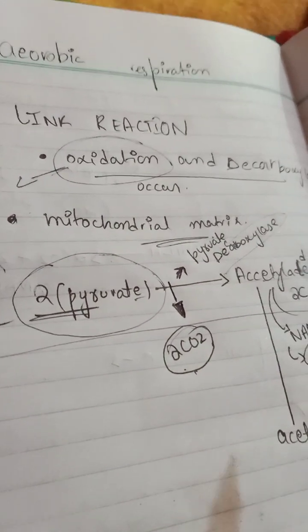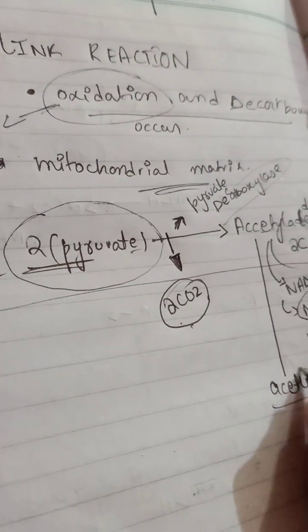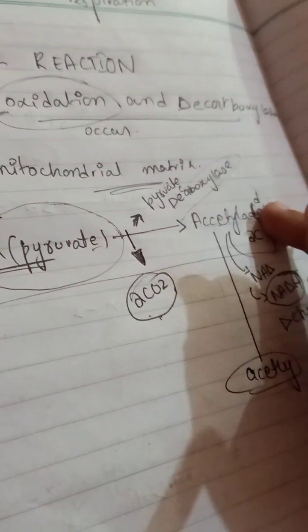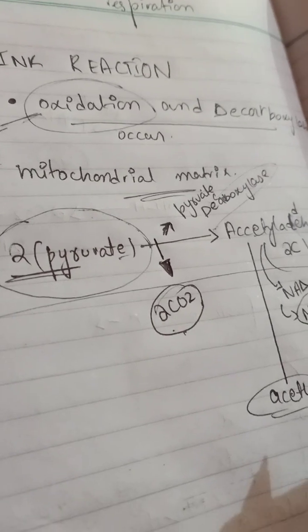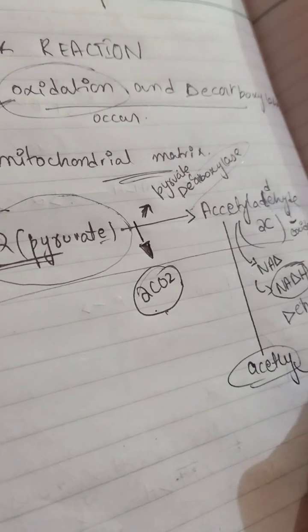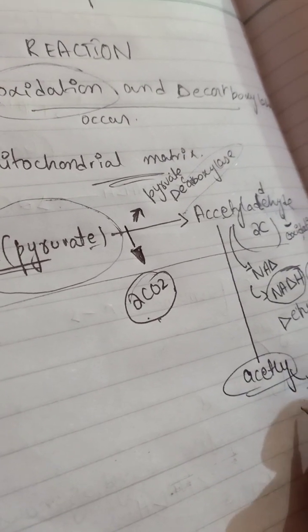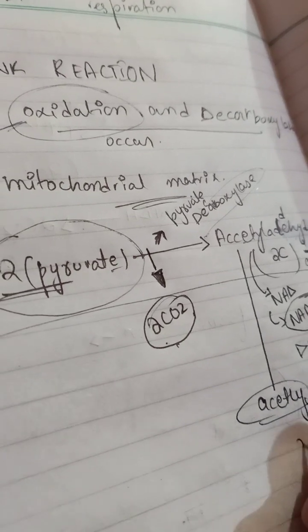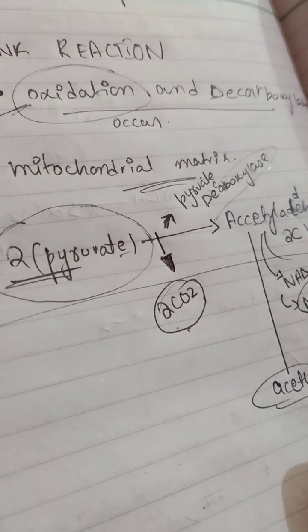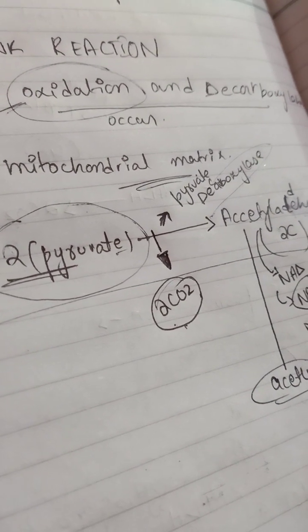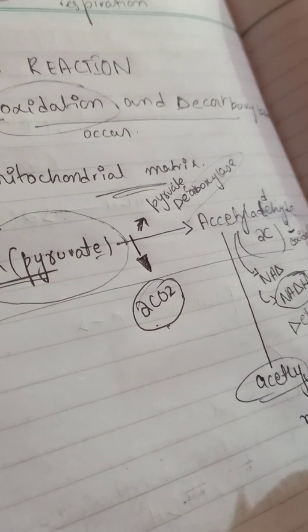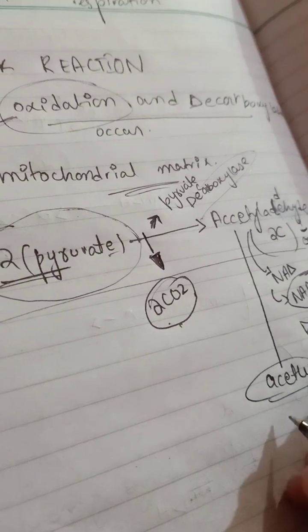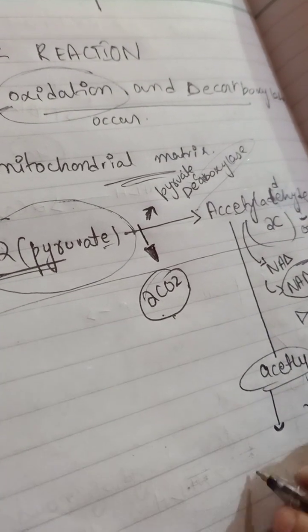Okay, so this acetyl is formed. This is oxidation, and here the reduction occurred. After that, two molecules of NADH will be formed. This will basically move into the matrix of the mitochondria, where the reaction will occur. This acetyl will move to the mitochondria with the help of active transport, with the use of energy, and it will be formed into